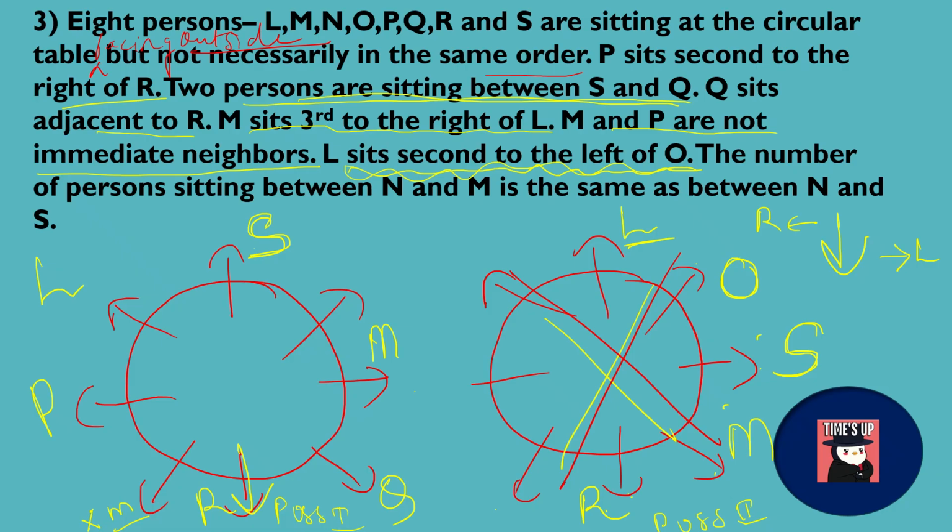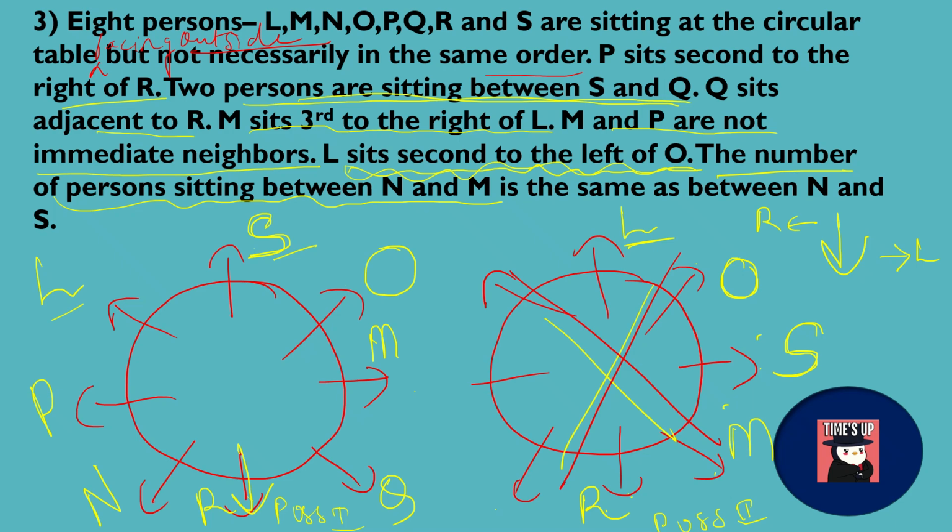L sits second to the left of O. So I'll place O here then. 1, 2, L is sitting at second to the left of O. Correct? Then the number of persons sitting between N and M. The number of persons sitting between N and M. So the place of N, only one place is left. That is here, N. So the number of persons sitting between N and M, 1, 2 persons are sitting between N and M,